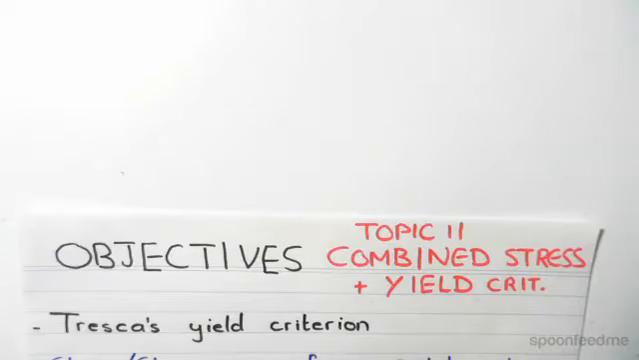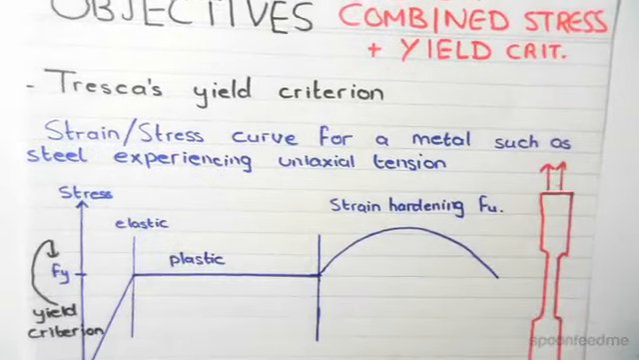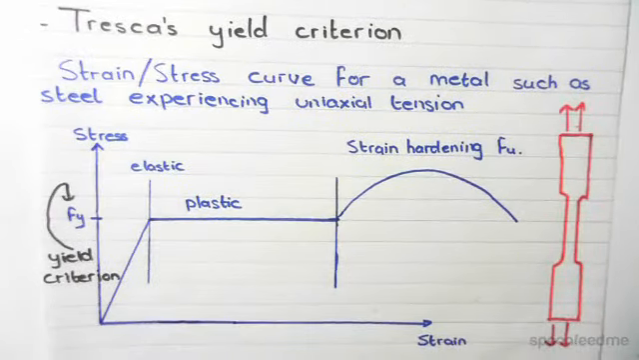In this video, I'll explain Tresca's yield criterion. This is the first of the two yield criterions in combined shear stresses and normal stresses. So, going back to the original strain and stress curve we saw a few topics ago, for such a metal